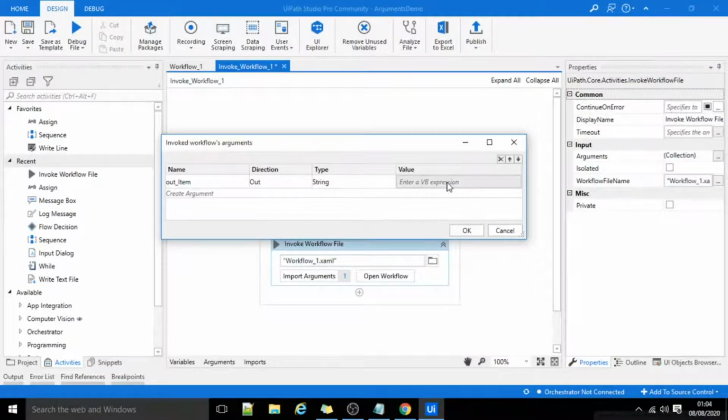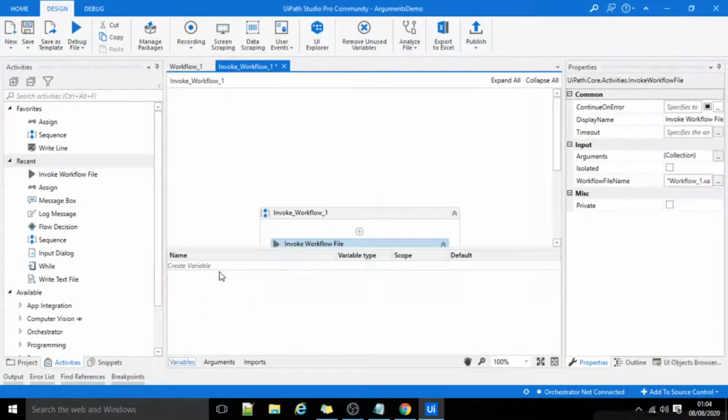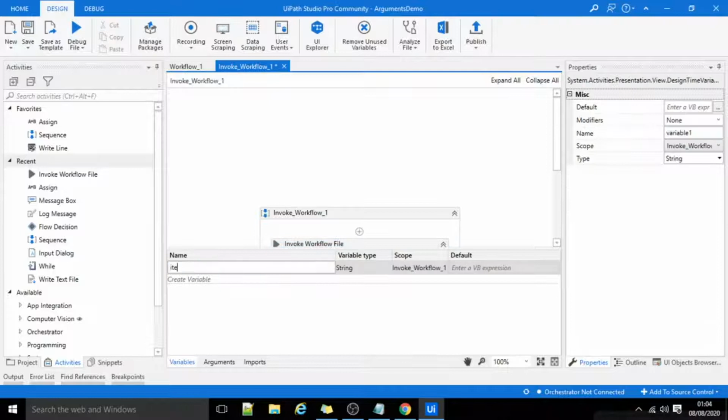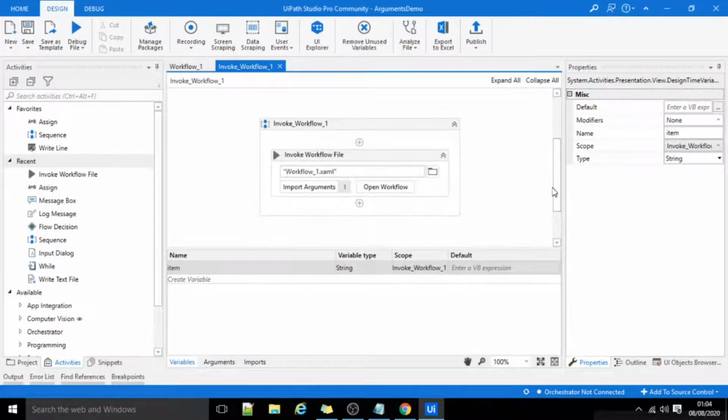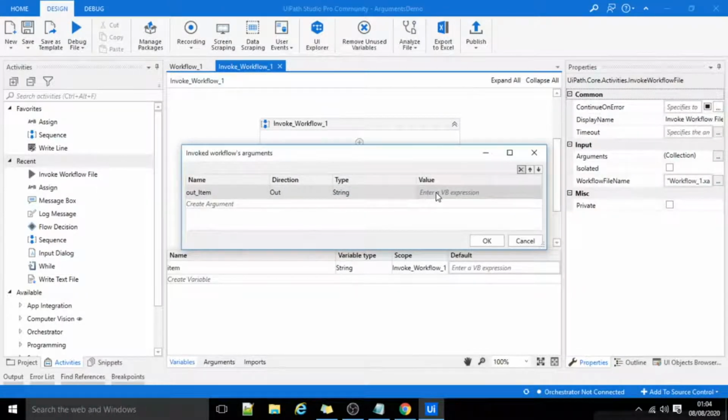So we need to capture that value inside a variable. For this purpose, I'll create a variable. I'll name it item. I'll again click on Import Arguments and specify item over here.